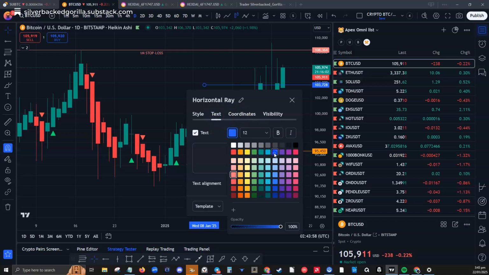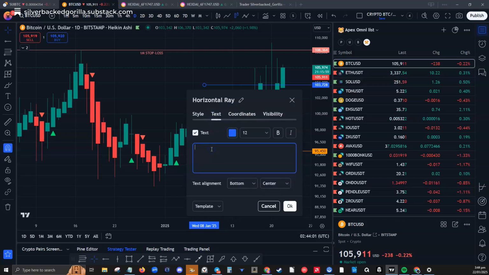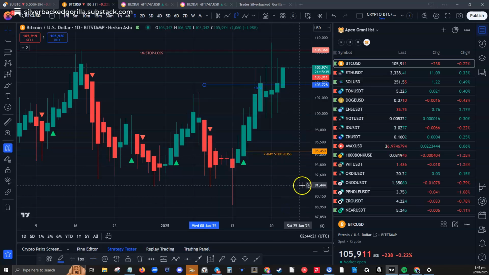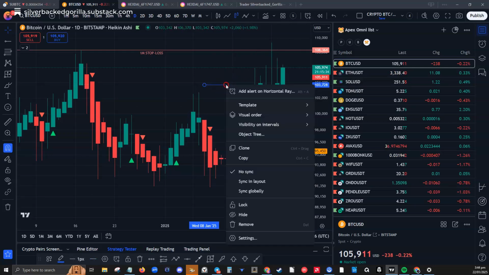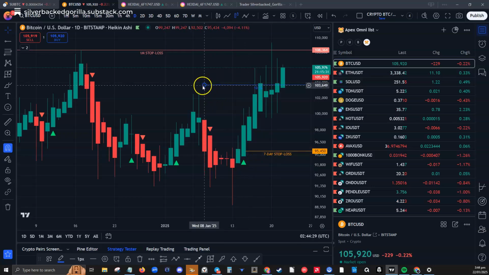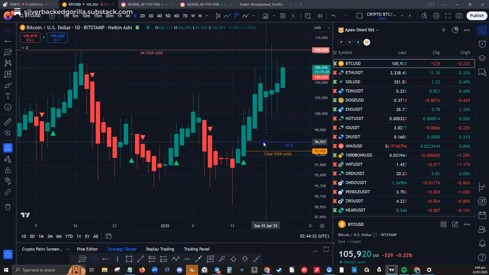Settings. Let's change this to blue. We'll make this one day stop loss. We know that's a stop loss. One day stop loss, there we go. Now what I'll do is copy that for the next chart. Okay, so we've got a one day stop loss, and we basically just closed the candle here. So the one day stop loss is at